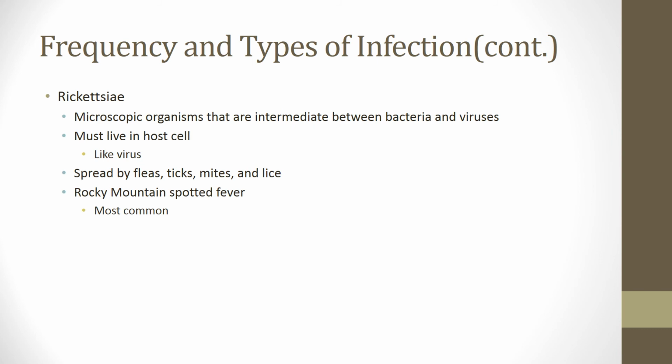Rickettsia is a microscopic organism that's somewhat intermediate between bacteria and viruses. However, like a virus, it needs a living host cell to multiply. It can be spread by a vector organism, which is flea, tick, mites, lice, something that can bite, basically. And the most common disease that may have devastating consequences for your patient is Rocky Mountain spotted fever, which is